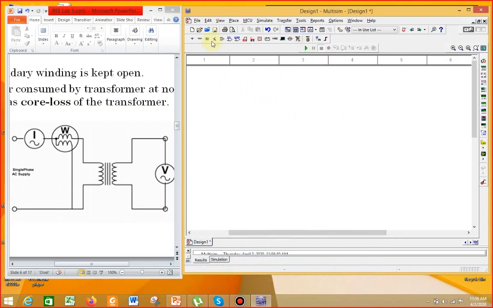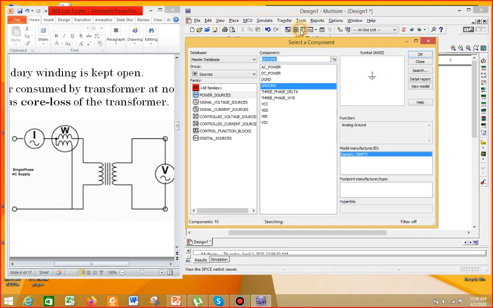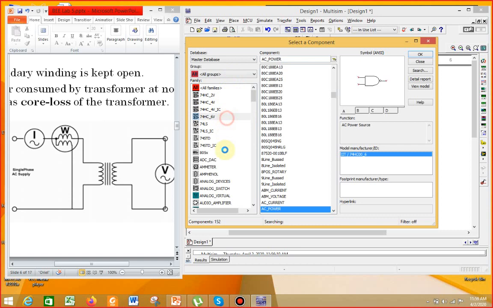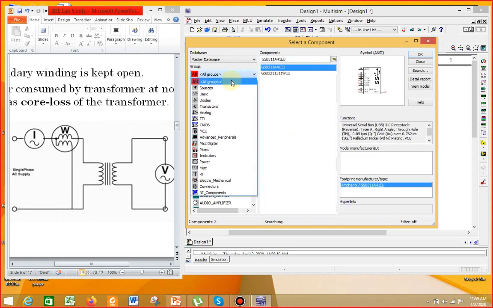So on this Multisim I will make this diagram. First of all, click on place, click on components, and in the components you need the AC power supply. You will see a lot of things in this library, and if you need sources, the AC power supply is actually a source. So click on